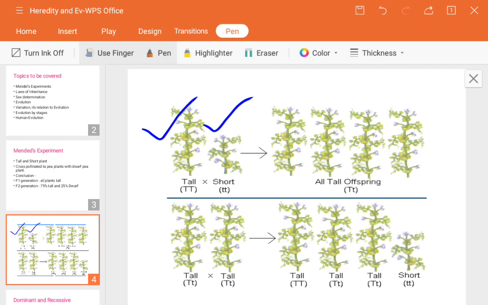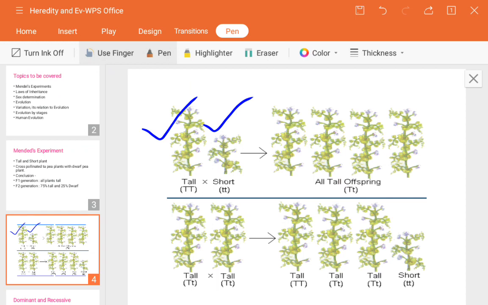So in the first generation, what was the result? All plants were tall. When he crossed the short and tall plant, what he observed was that all four plants were the tall one. Not any plant had a short height, is it? So